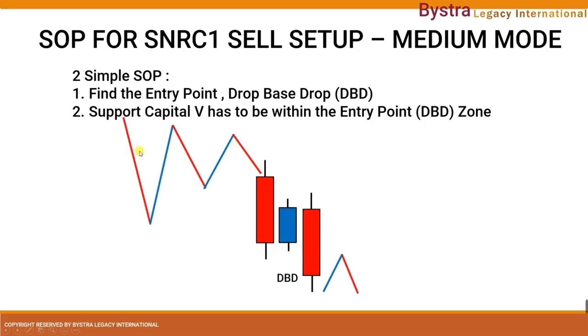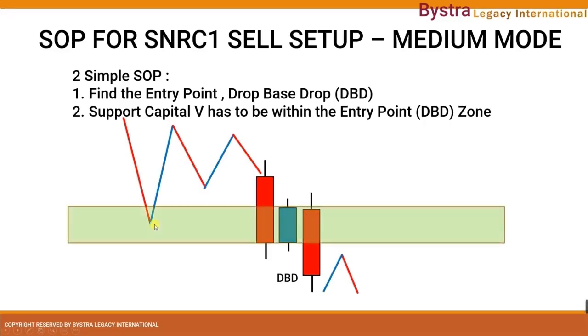So here, as we can see, there is an entry point which is the drop base drop. At the same time, we can see there is a capital letter V, support. So first of all, we mark the zone of the entry point, in this case the drop base drop. We mark it so that we just want to identify that the capital letter V is inside the drop base drop zone. So once we have this, second, we mark the horizontal line at the edge of the support, which